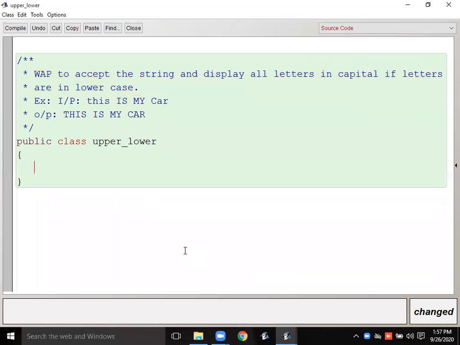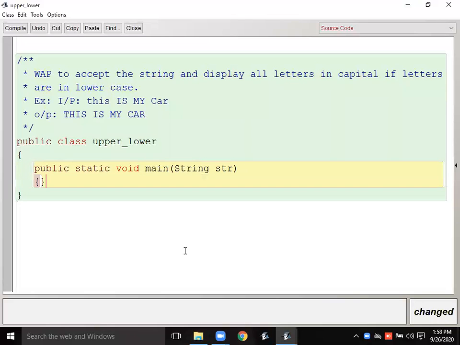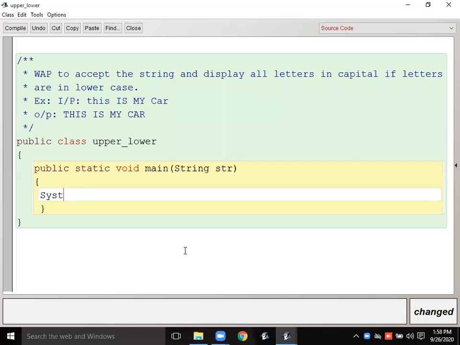Public static void main. Here I'm in method call, I'm accepting the string str. Now, what is in your mind that we will write system dot out dot println the converted string, or without any message you will convert the string str dot to lower, sorry, to uppercase.